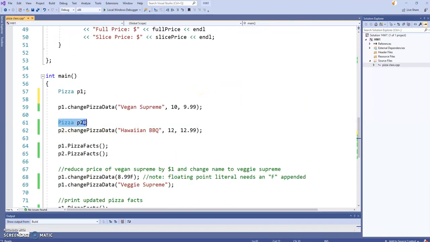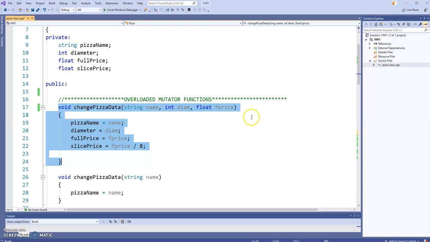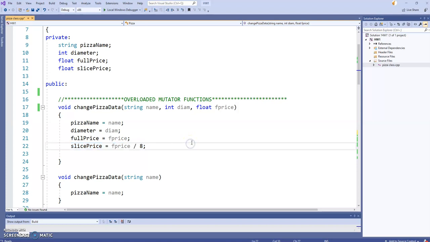And then I can create a second pizza, P2 we'll call it. This one will be the Hawaiian barbecue pizza, 12 inches, $12.99. And again, I'm using this version of change pizza data. All those arguments that I provided, Hawaiian barbecue, 12 inches, etc., are coming through the door. They're going to be used to populate the private data members, which otherwise would not be accessible to us. And then again, dividing the full price by 8 to get the slice price. Okay,